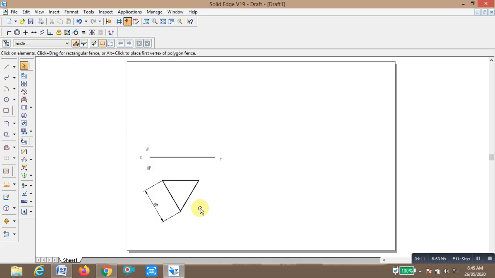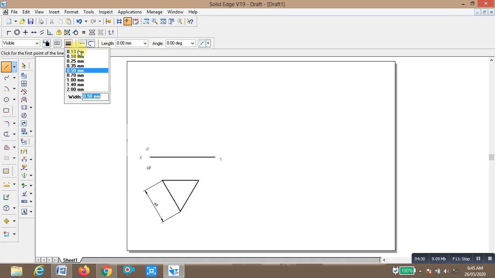So first I am going to draw the front view. The height of the given problem is mentioned. Select line command, and I select the thin line. Click on this and draw the projection lines on this.